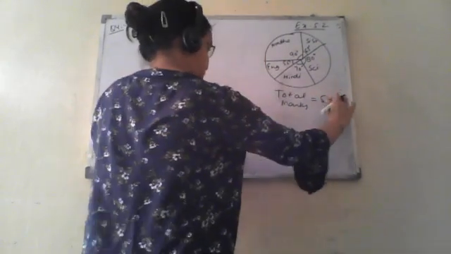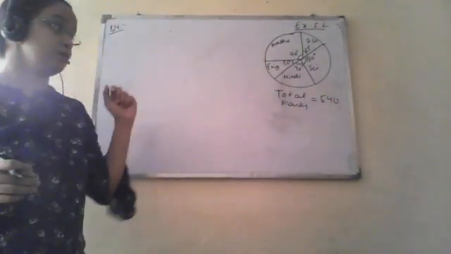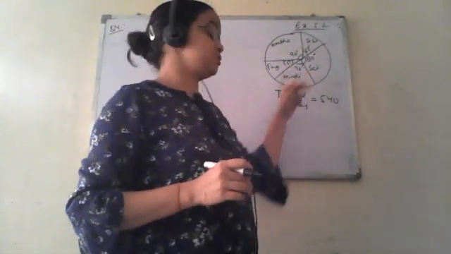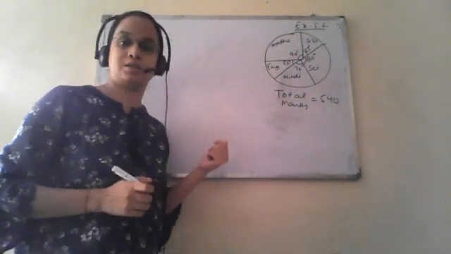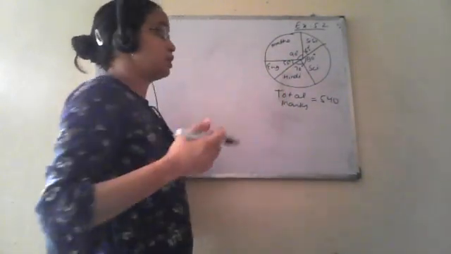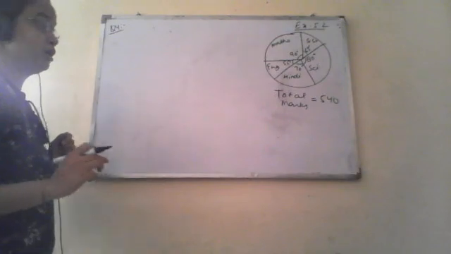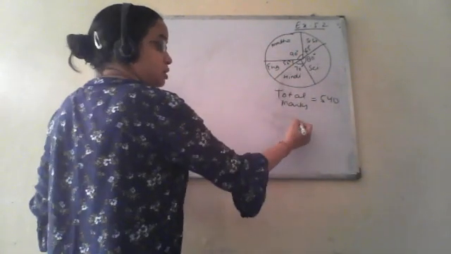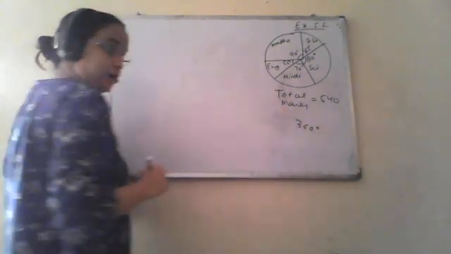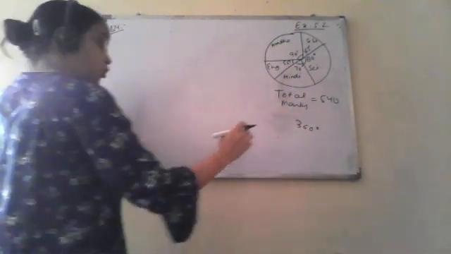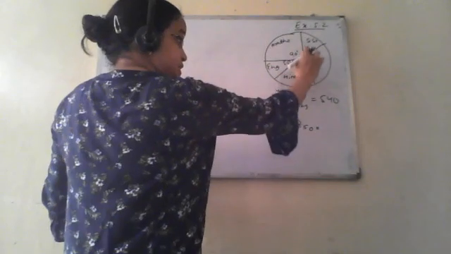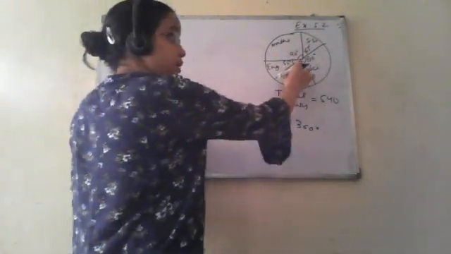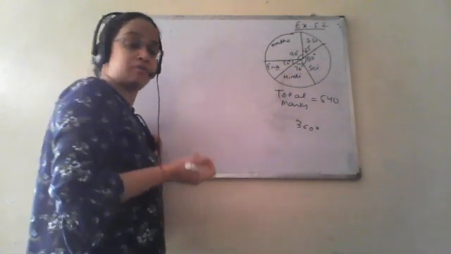Now before answering the question, first what we do, we will calculate individual subjects' marks, okay, like how many marks he has got in Hindi or in English. So how will we calculate? Now as you know that this complete angle is 360 degree, okay. So what is that? This 360 degree has been divided into different sectors which are represented by different central angles for different subjects.